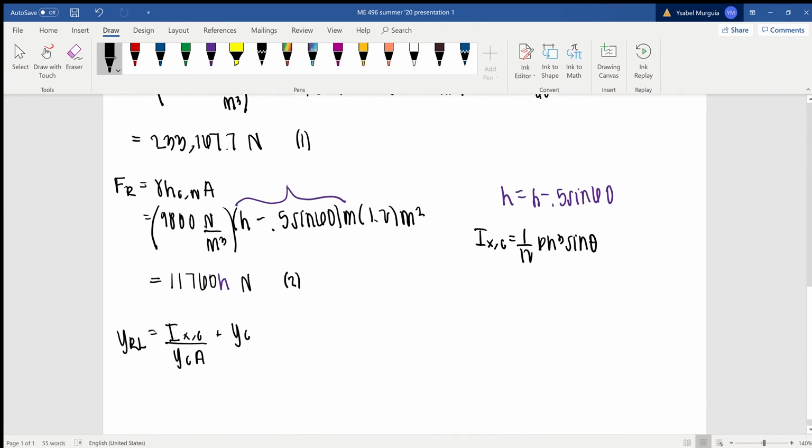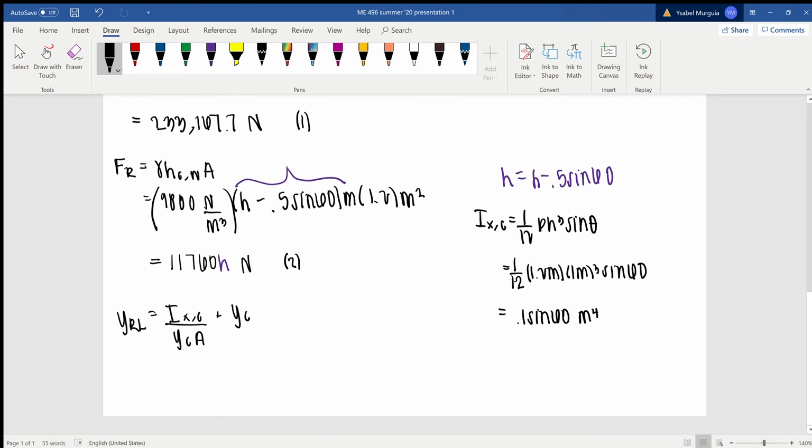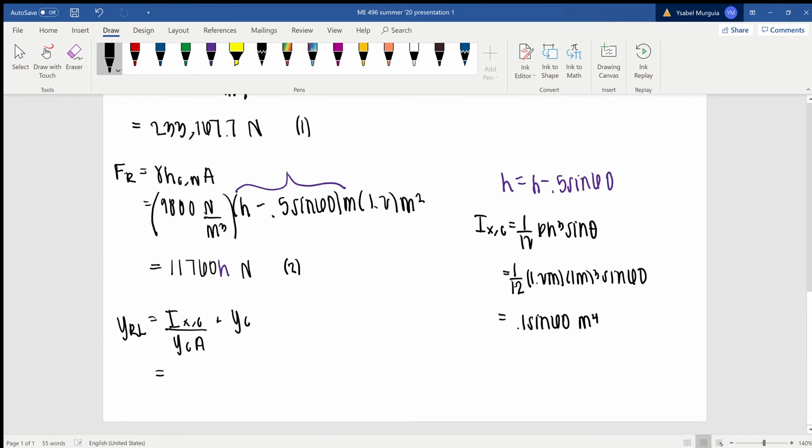Okay, so it's going to be 1/12 the base, which is 1.2 meters, the height, which was 1 meter cubed, times sine of 60. And that'll give us the value of, I'm just going to leave it as 0.1 sine 60 meters to the fourth. Okay, and now I'll be using this value to find both the position of the left and the right resulting forces. So plugging this back into this equation, we will have 0.1 sine of 60 meters to the fourth divided by